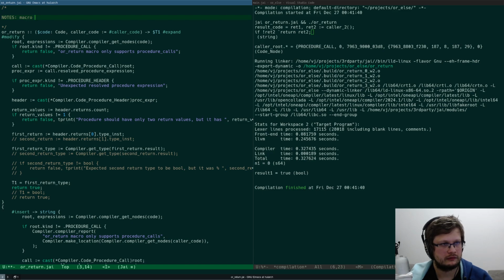Macro turns default values even if I don't return them explicitly. This is kind of weird.